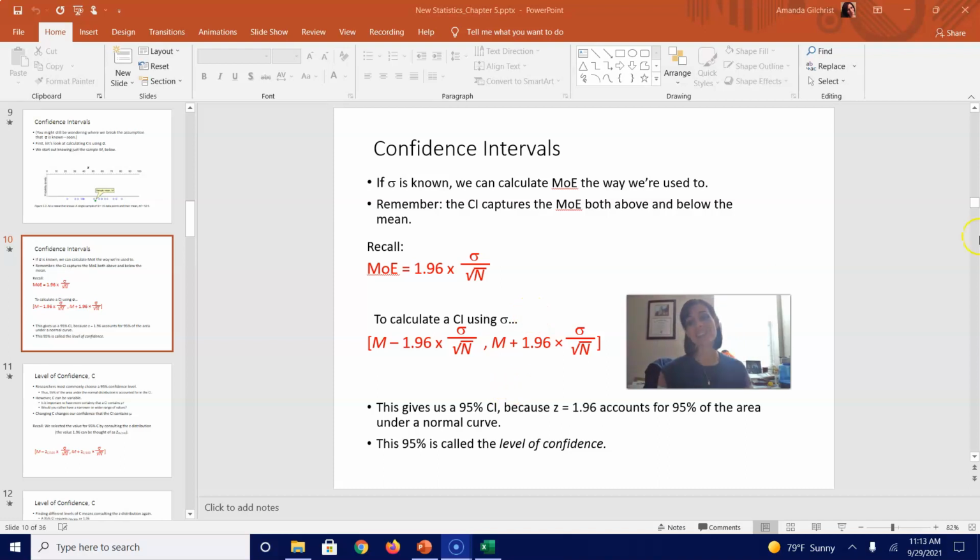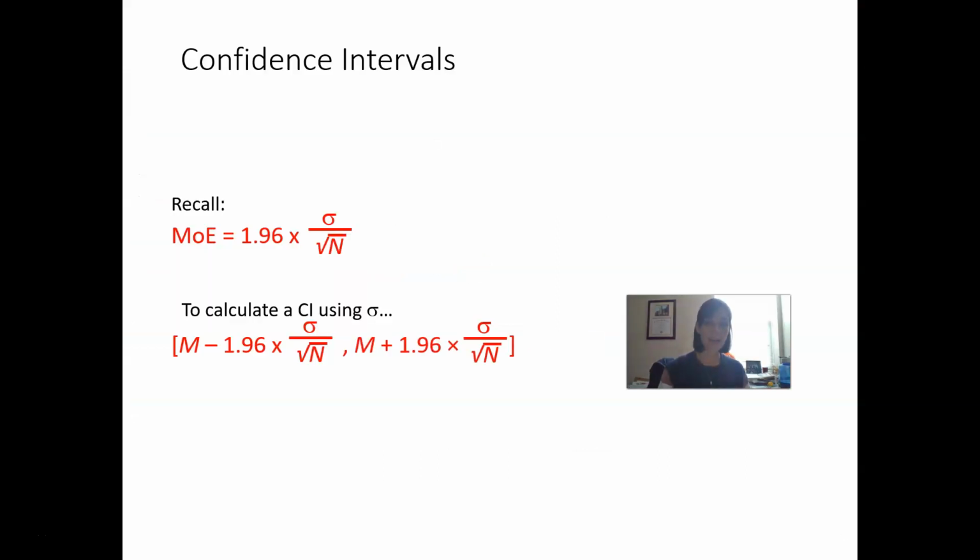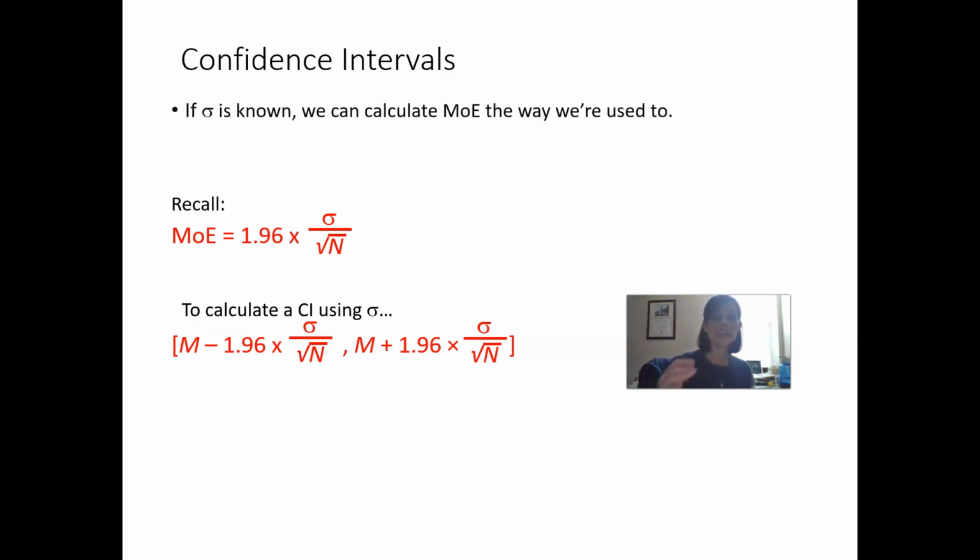Hey, research methods. This is Dr. Gilchrist, and we are working through Chapter 5, talking about how to calculate a confidence interval when we know sigma. So one of the things that I did want to mention that your book also talks about,